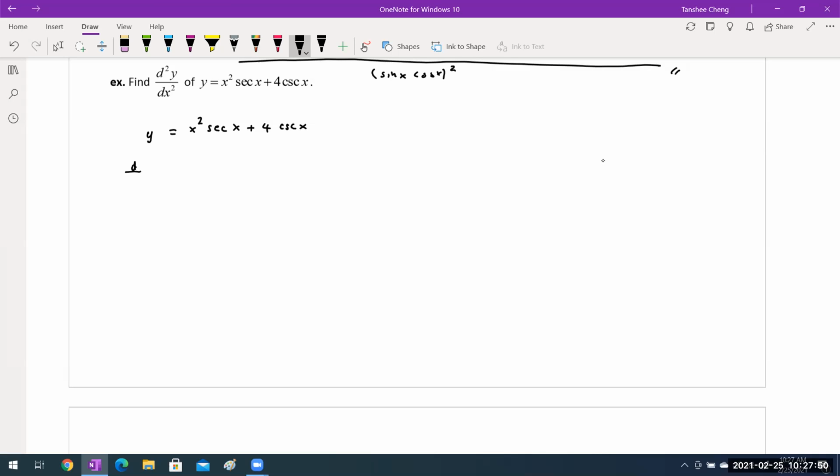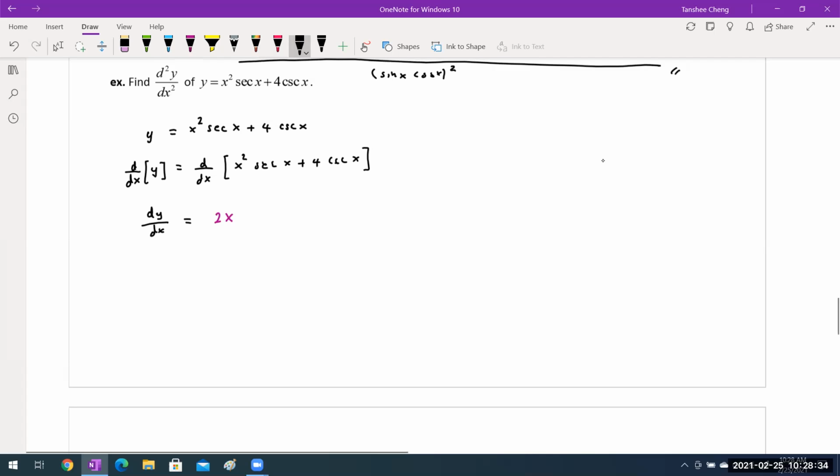So first, when we take the derivative with respect to x of y, I can see that the first term is a product, so we need to use the product rule. So I can write down dy dx equal to, when I take derivatives on this part, the first term will be the product rule. When I use the product rule, I have to take the derivative of the first factor, which is going to be 2x,